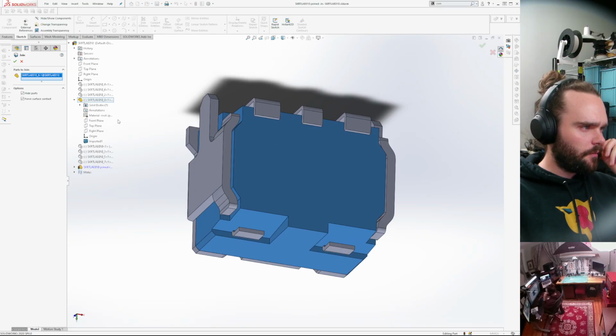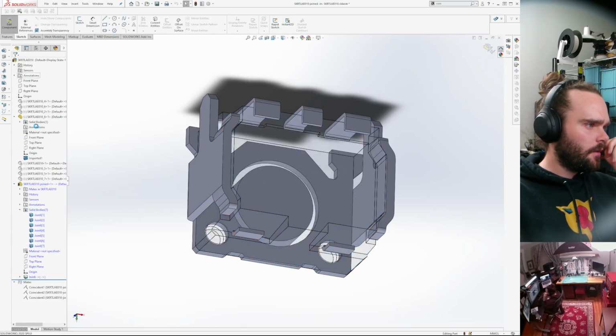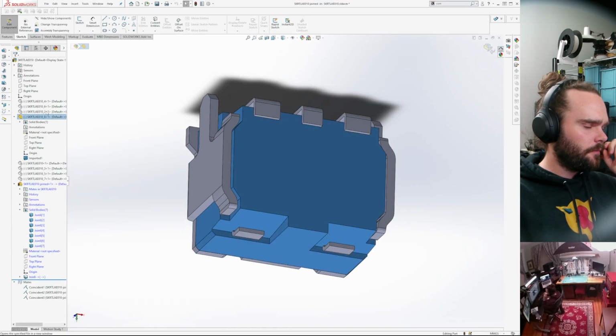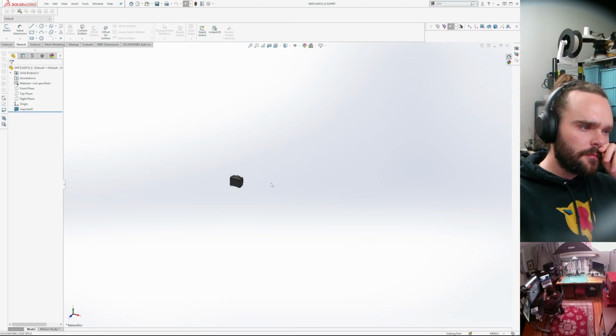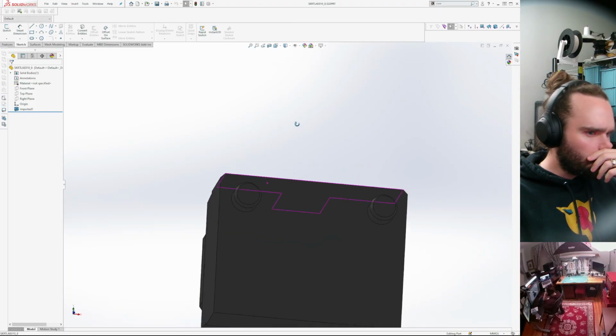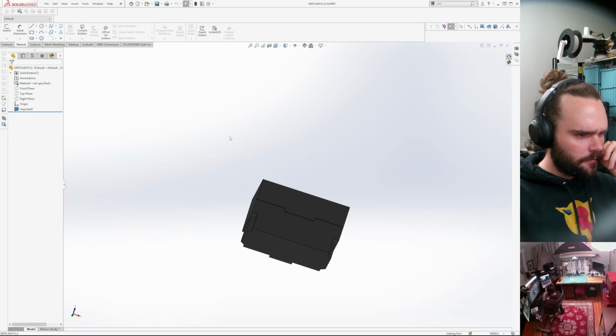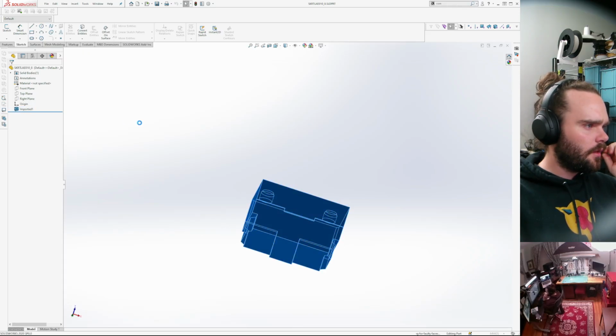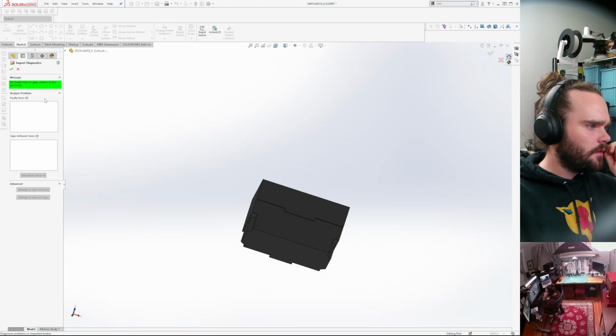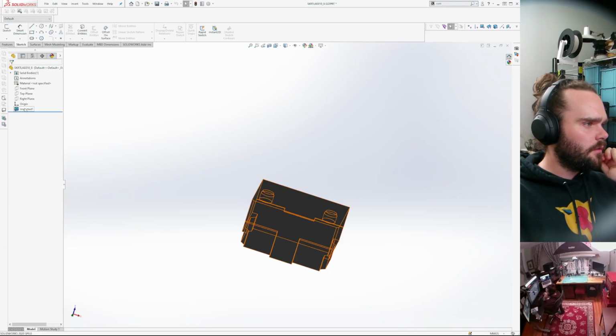So it's got a problem with this part. So let's open this thing up. What is your problem? Import diagnostics. Insert. Features.